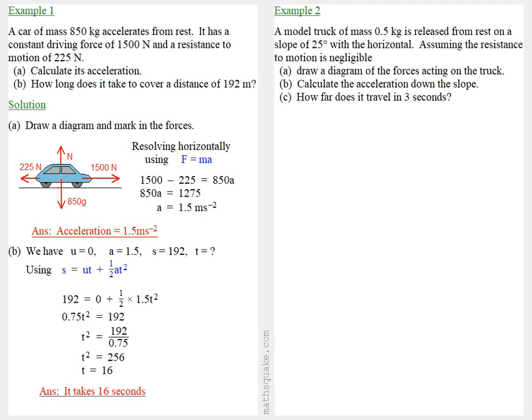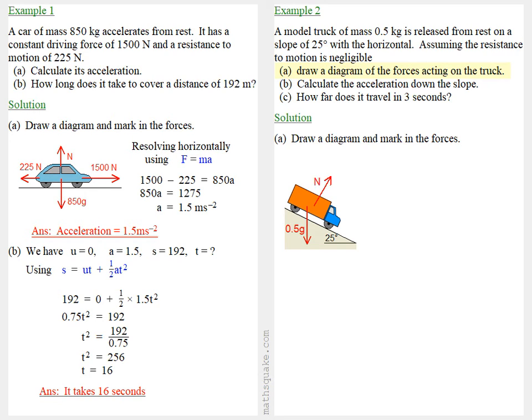In example 2, a model truck of mass 0.5 kg is released from rest on a slope of 25 degrees with the horizontal. Assuming the resistance to motion is negligible, in part A we're asked to draw a diagram of the forces acting on the truck. So we can draw the diagram and mark in the forces. Now there's a gravitational force of 0.5g acting vertically downwards and a normal reaction acting at right angles to